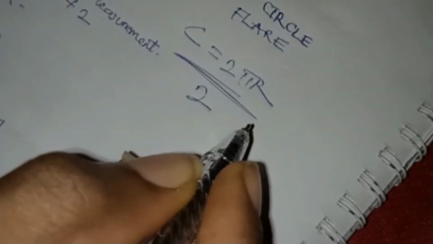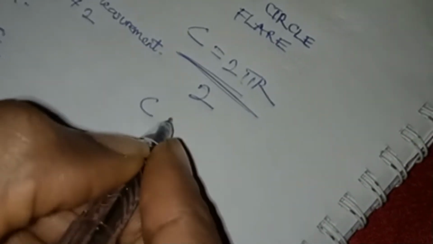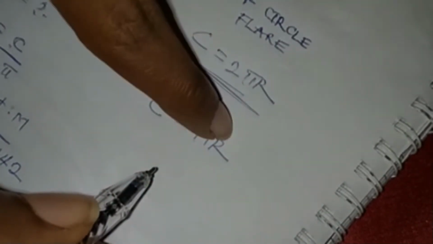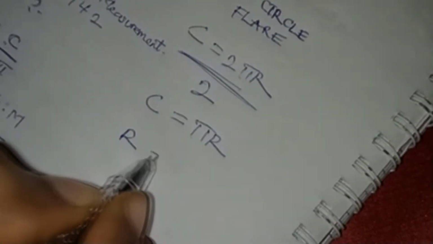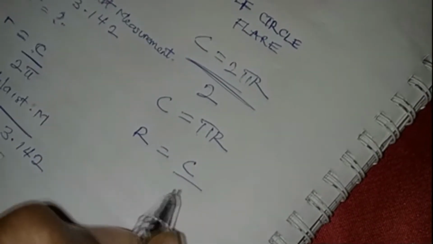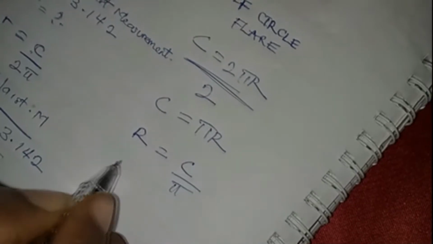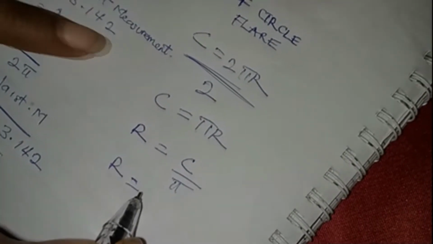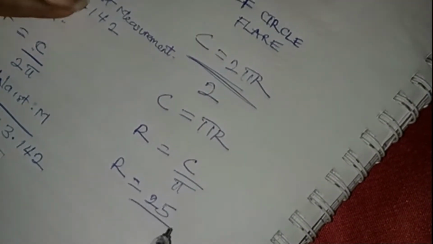But for this tutorial I said we'll be using a half circle flare. So what you just need to do is divide this formula by 2. So the formula for full circle flare is circumference equals 2 pi r divided by 2, because this is a half circle flare. So we will have circumference equals pi r. So to get the formula for radius, we'll have radius equals circumference over pi. Now the circumference is your waist measurement, and our waist measurement here is 25, divided by our pi figure